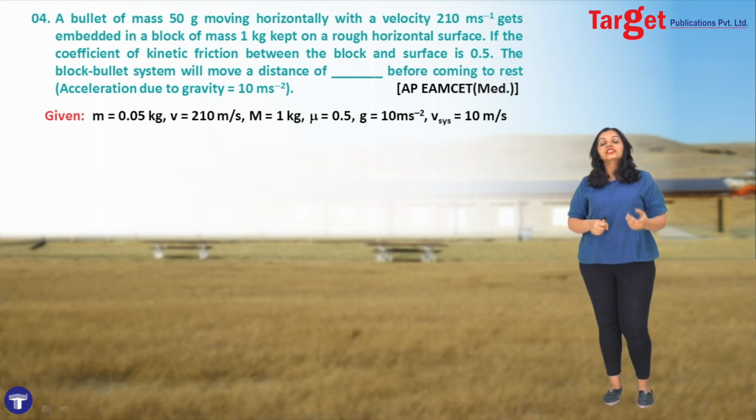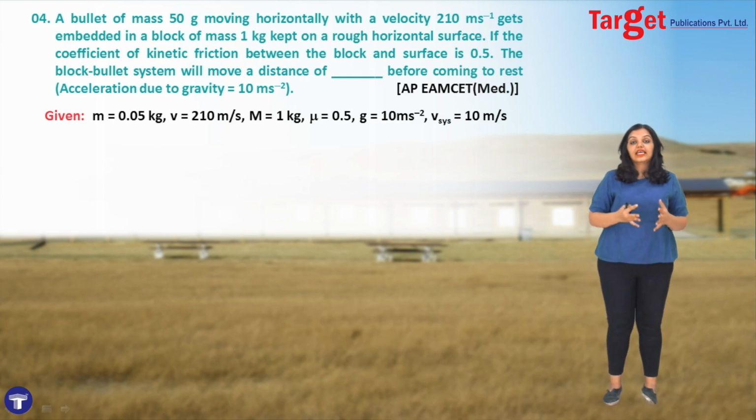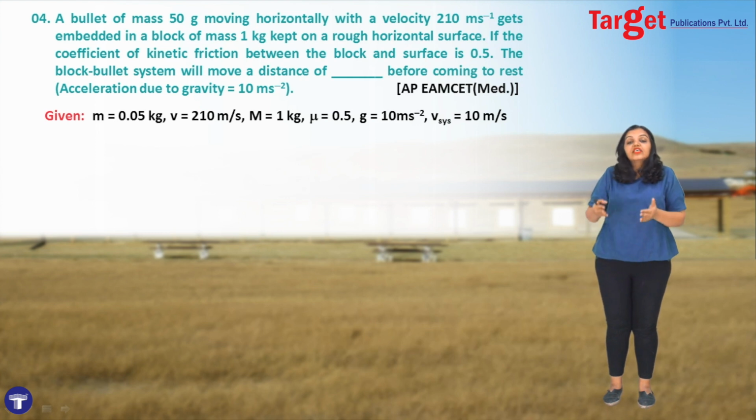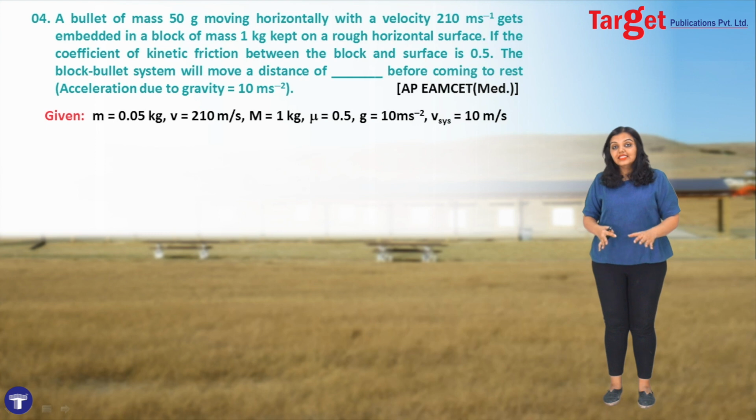One other important thing to realize, why I can't say that kinetic energy is conserved, is because they have said that the block rests on a rough surface, which means friction is present. In fact, they've given us the coefficient of kinetic friction, that's 0.5, which means that since friction is present, kinetic energy will always be dissipated. And this friction is in fact the reason why the system comes to a rest. I hope you understand that we cannot apply the conservation of kinetic energy.